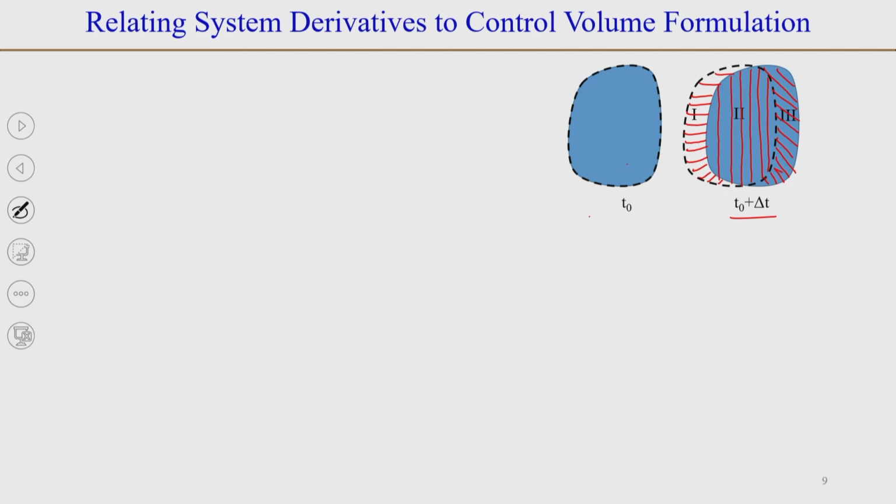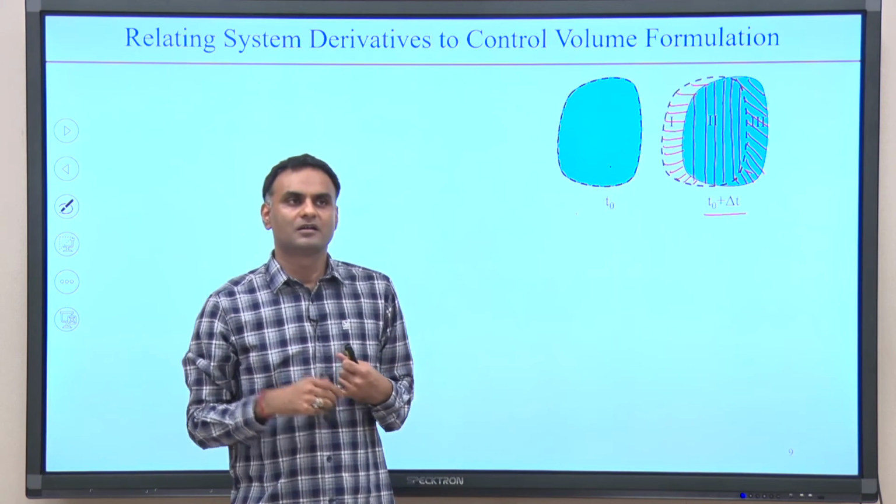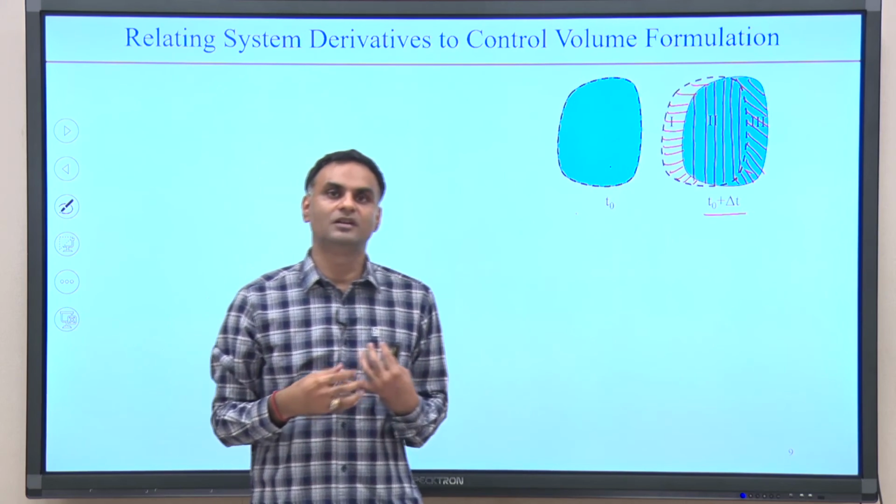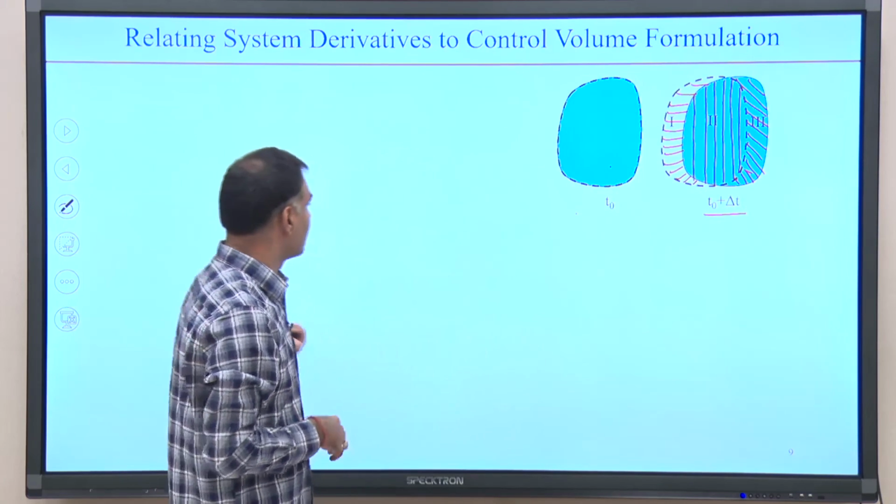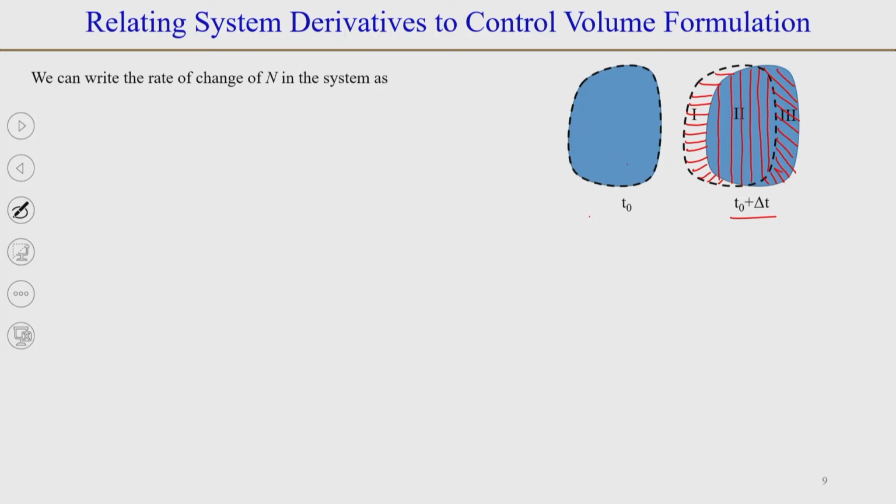So, we consider these three regions 1, 2 and 3. What we need to find is basically the rate of change of intensive property of the system. So, if we write the rate of change of N in the system, dN by dt of system, from the fundamental definition of derivative, we can write that in the limit delta t tending to 0, dN by dt will be equal to